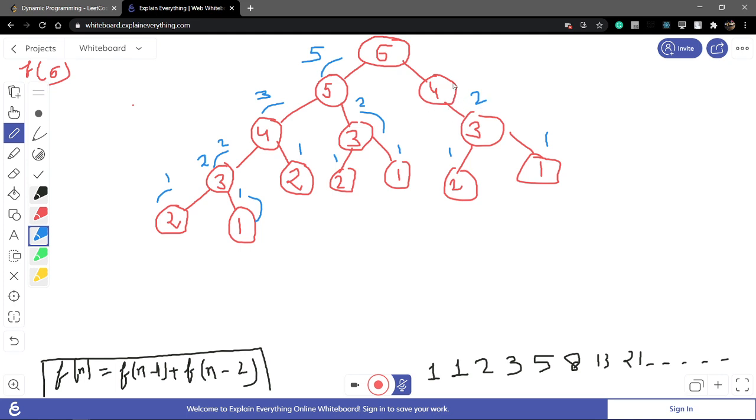After 3, they also know the second element returns 1, so the value is 3. After 3, the summation for the 6th element, 5 plus 3, is 8. That is my actual value that the function returns.